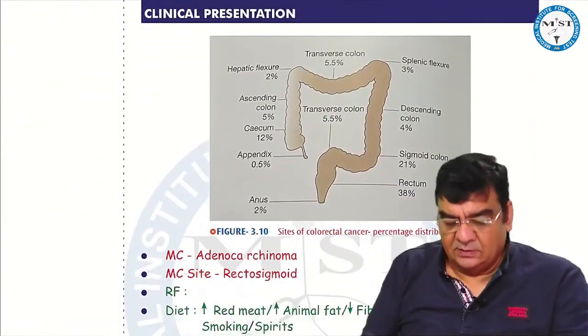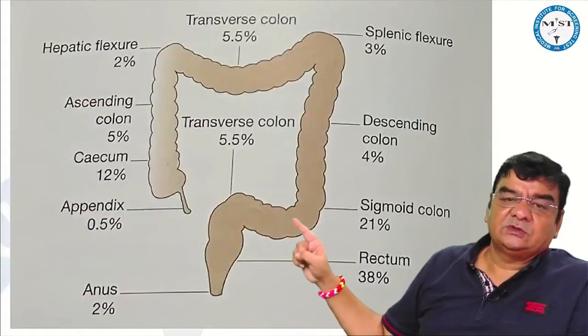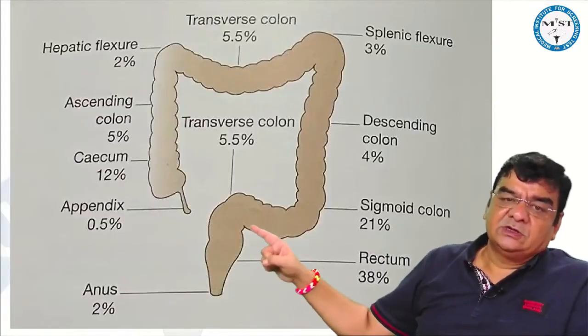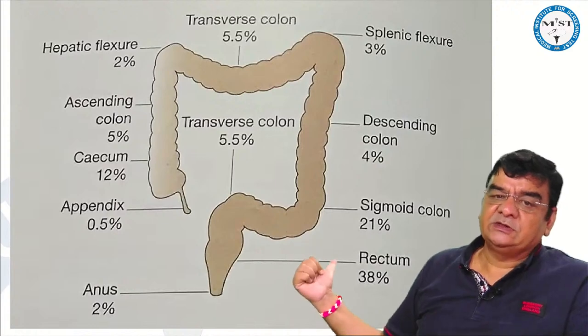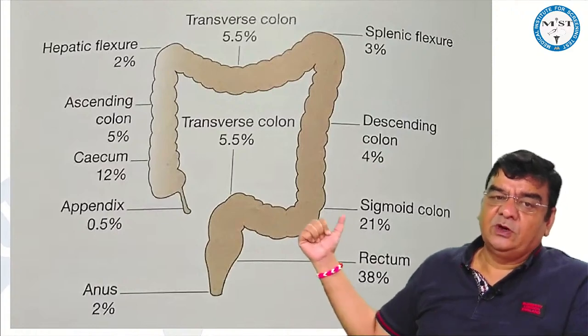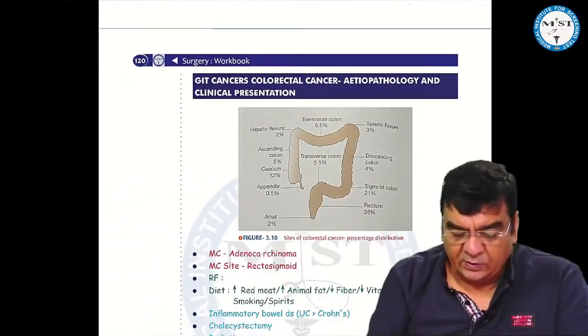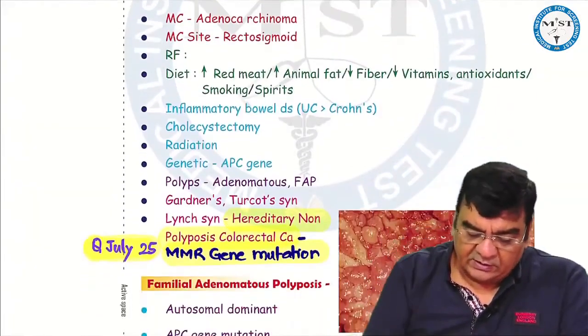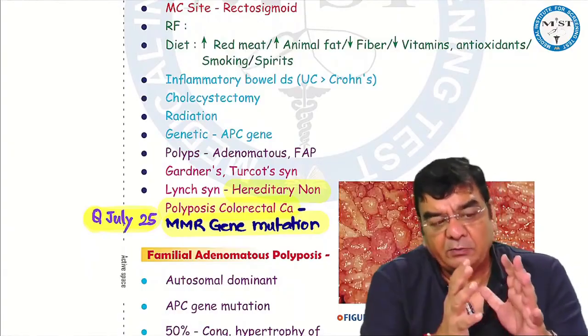Colorectal cancers, most commonly they are seen in the rectosigmoid area, because this is the reservoir where carcinogens can stay for a longer period. 38% in the rectum, 21% in the sigmoid, and then it is the cecum. It's an adenocarcinoma. The reasons for colorectal cancer: dietary factors, people who take more amount of red meat,